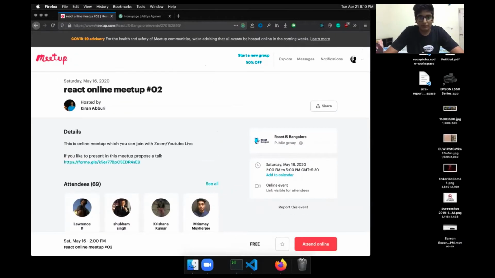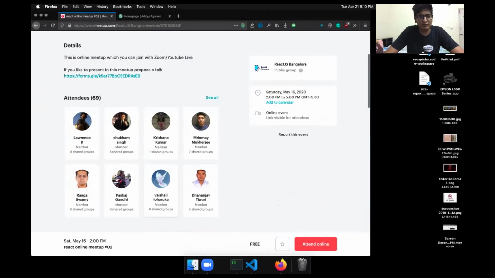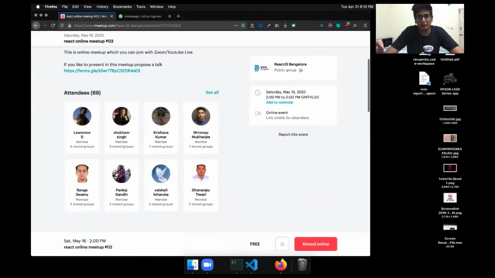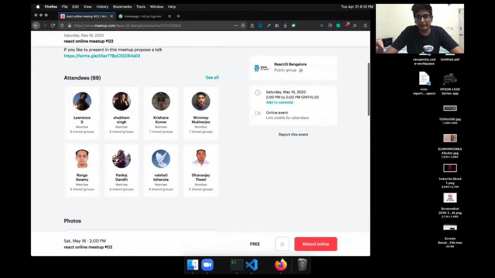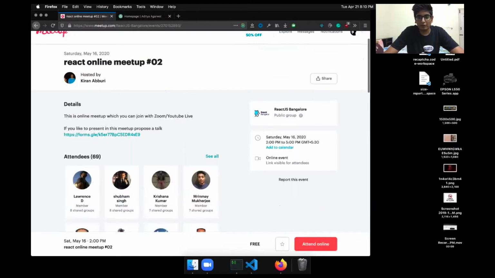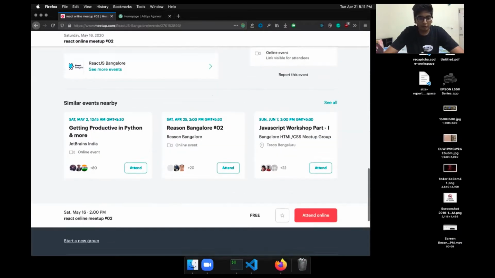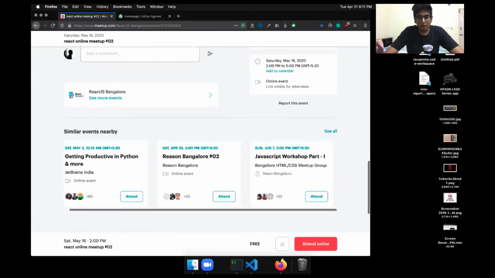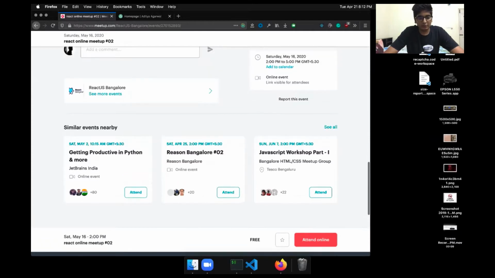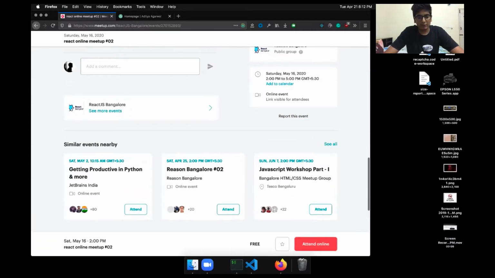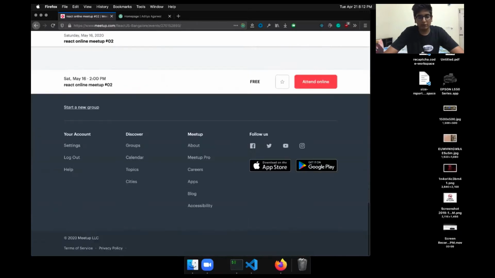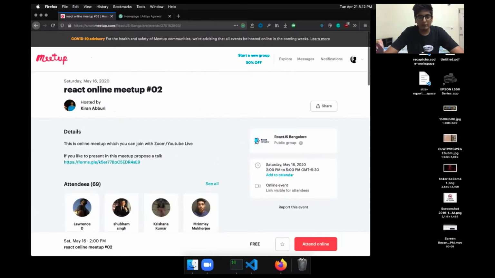Okay, so one thing is out of the way. Next, let's see what things we should build in this page, which things are challenging enough to be tackled in this video. One thing I'm seeing is that the CSS grid card layout looks interesting. This is very common and very useful. Then there is a section which is fixed: when you scroll, it stays there. Then we have a nested replies thing, which is a pretty interesting animation. We have some cards here, and then there is a bottom footer which stays fixed so far, but when we scroll more, there is another footer. This effect looks very cool, so we'll try to build that as well.